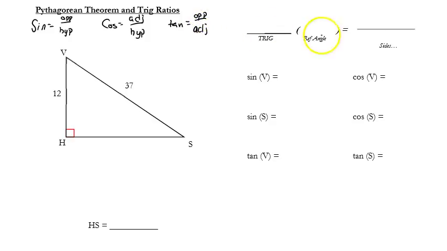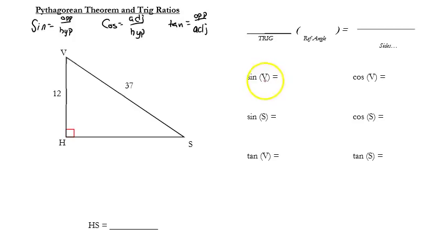When I write this trig reference angle sides, that's the format for all of our trig functions. Trig just means sine, cosine, or tangent. Reference angle is going to be one of the acute angles, not the right angle. And then your sides are going to be either your opposite, adjacent, or hypotenuse, depending on which trig function we're dealing with. So, as I look at this first example here, and they want the sine of angle V, V